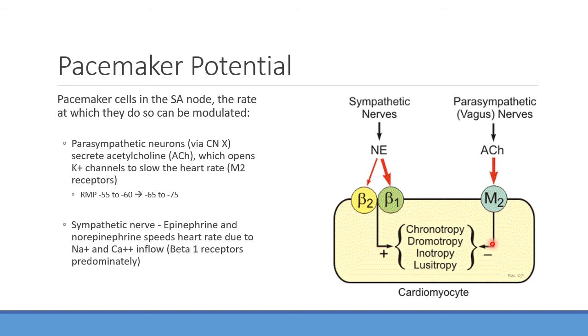The main thing you're going to see with the muscarinic receptors is that it's mainly going to slow down the heart, right? So mainly going to be slowing down that heart rate. Usually, you find bradycardia being a very common thing you'll see with that. On the other hand, with the sympathetic nerves, norepinephrine is going to be the big neurotransmitter